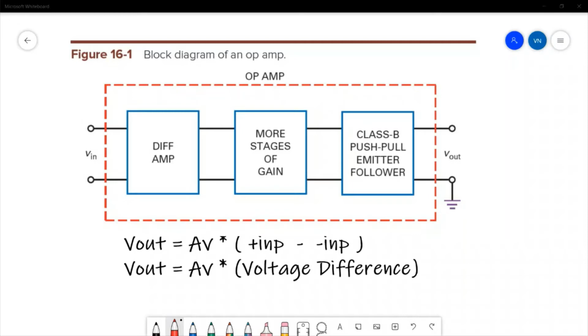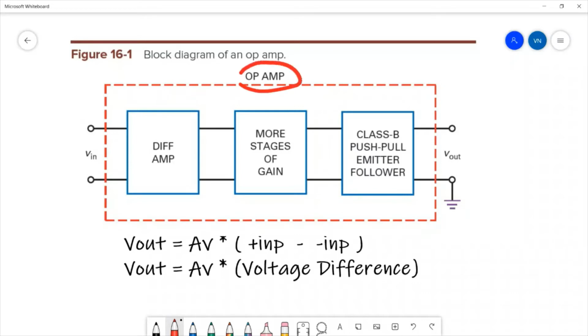Welcome to Analog Devices. This course is primarily about operational amplifiers, also called op-amps. Now, op-amps are constructed using the circuits that we learned in semiconductor devices. At the front end of an op-amp is a differential amplifier, which amplifies the difference between two inputs. The output from the diff amp is fed into more stages of gain, which is accomplished using one or more